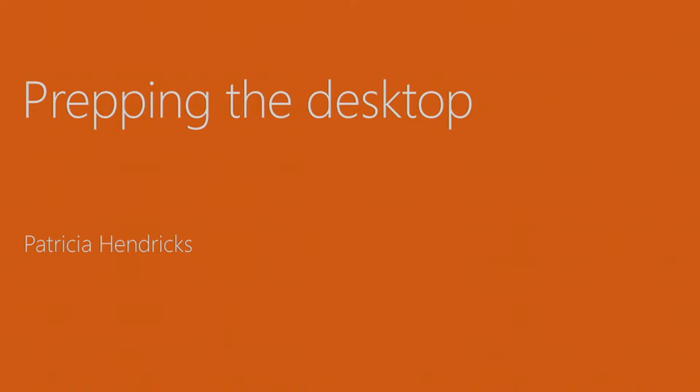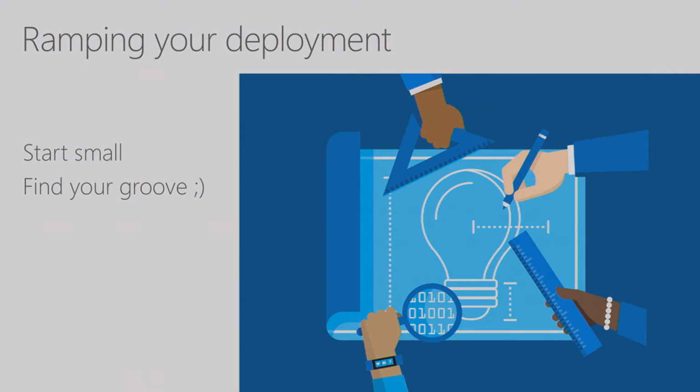So at this point, you have everything you need to know to have a successful deployment. You know how to get the bits on the box, you know how to think about your file ecosystem, and you know how to prep your machines for your users. So at this point, really, the only thing you need to think about is how fast you want to deploy. And us here on the OneDrive team are super excited for you to start deploying. We want you to deploy as fast as possible and go big. But at the same time, we definitely recommend you do what's right for your organization. In other words, start small and find your groove. Wink. All right, I'm off.